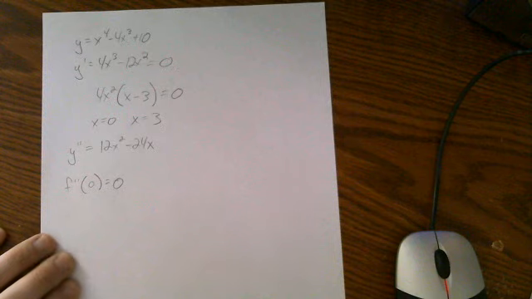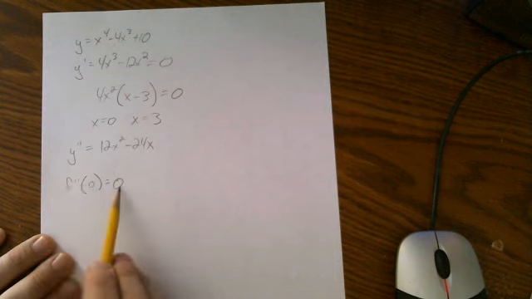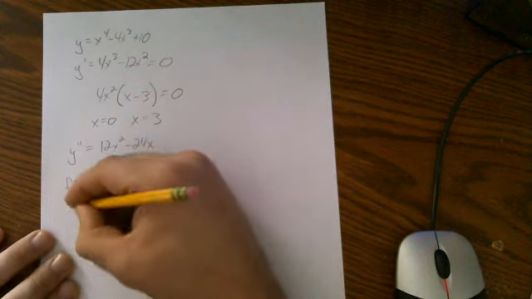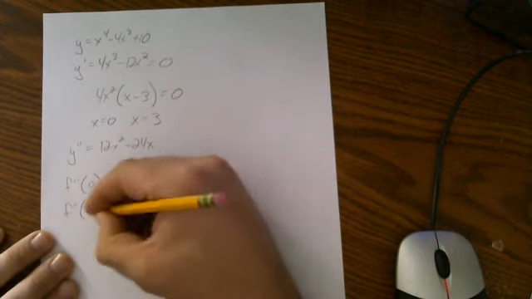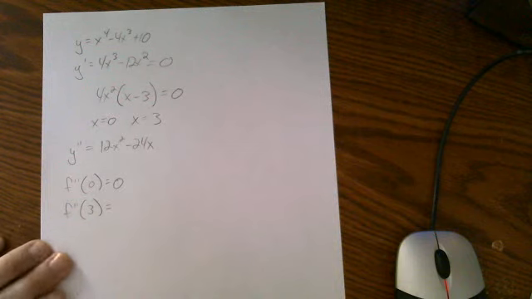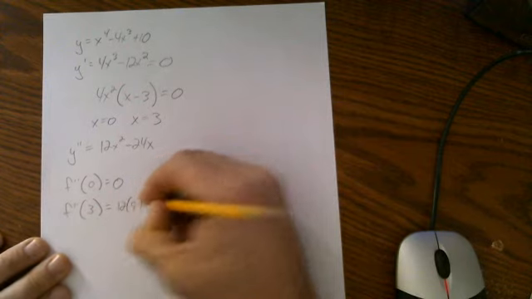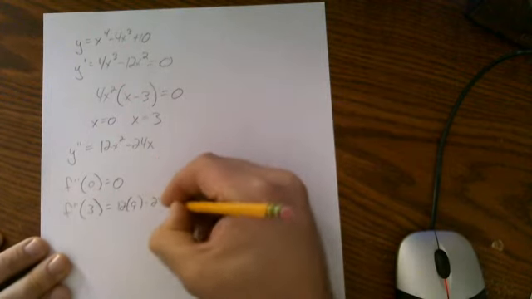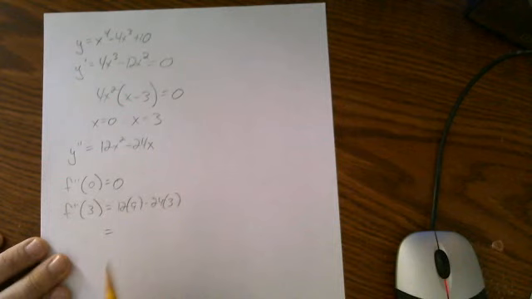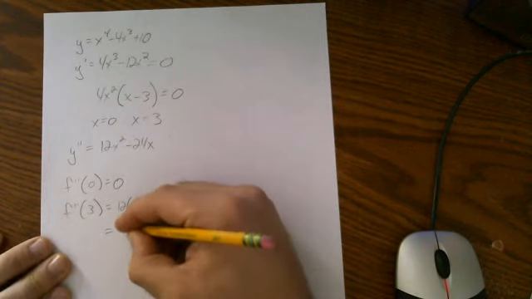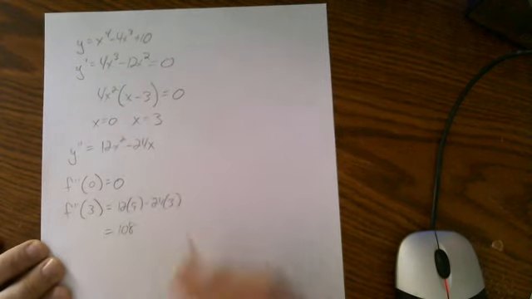That's funny. What does that mean? That means the second derivative is 0, which means that 0 is neither a max nor a min. It's an inflection point. f double prime of 3: let's plug in 3 to our second derivative. That's 12 times 9 minus 24 times 3, which is 108 minus 72,